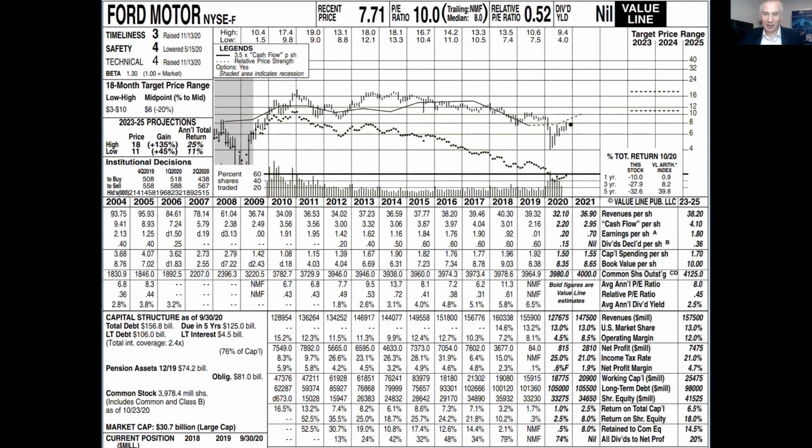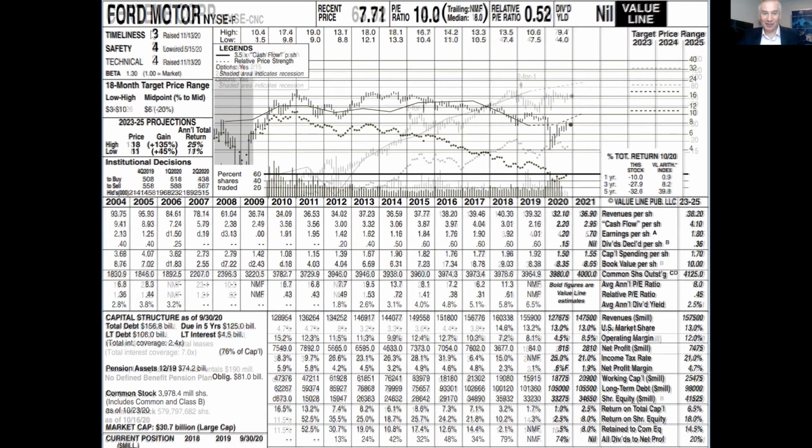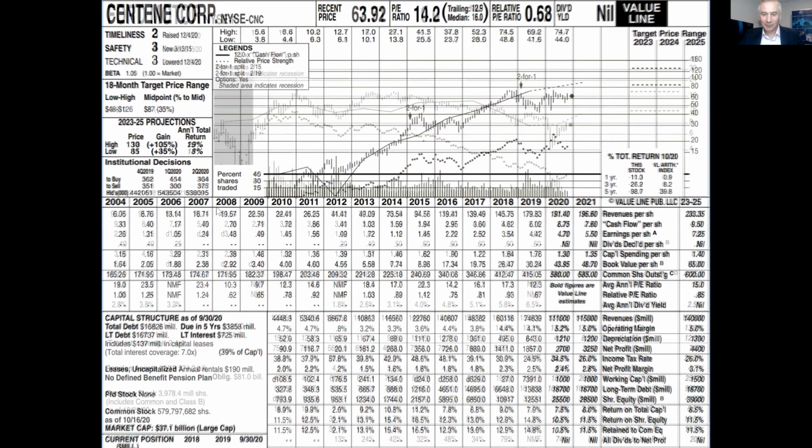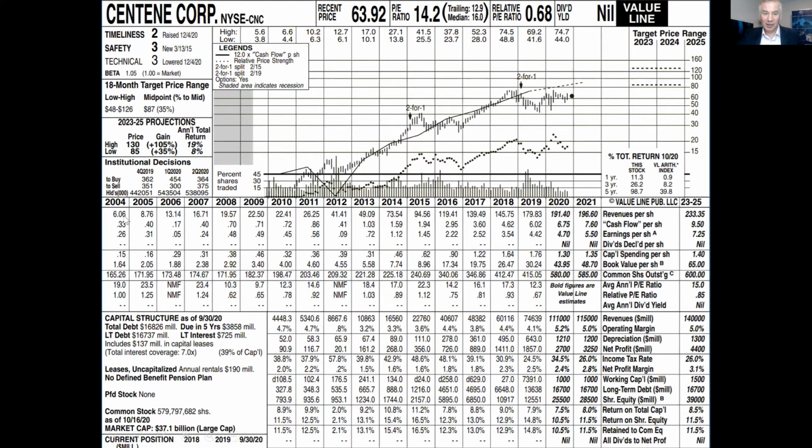Okay, let's have a look at another company. And by the way, it sells pretty cheap. The PE ratio is only 10. Then look at Centene Corporation. Here the company in 2004 was selling $6 of product per share, and now it's selling $191 of services. So what's the growth rate? Remember, there was 90 and then 30. It went from 6 to 191. Look at the last few years: 94, 119, 130, 140, nearly 180, 190. Even during this pandemic time, it has increased the sales level.